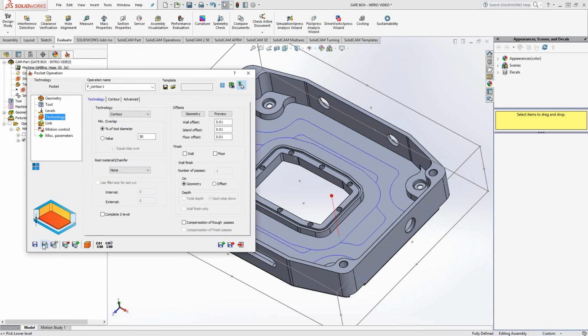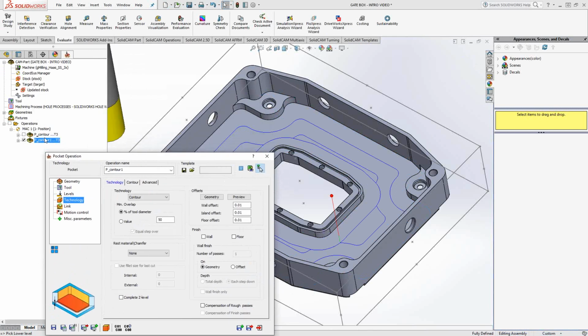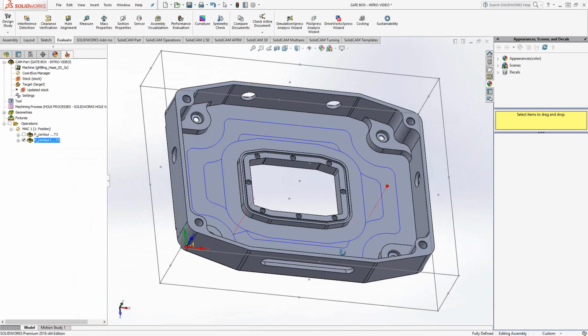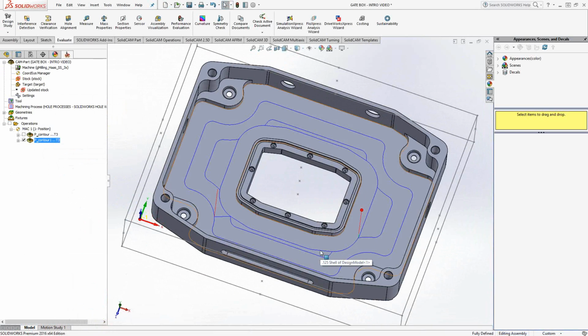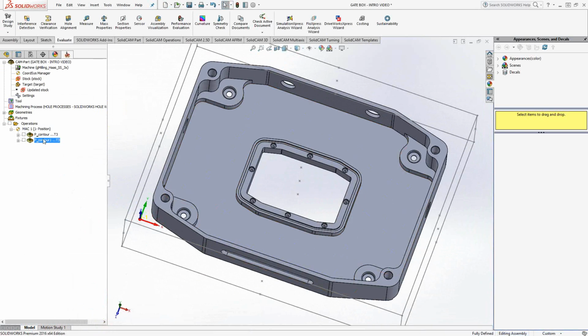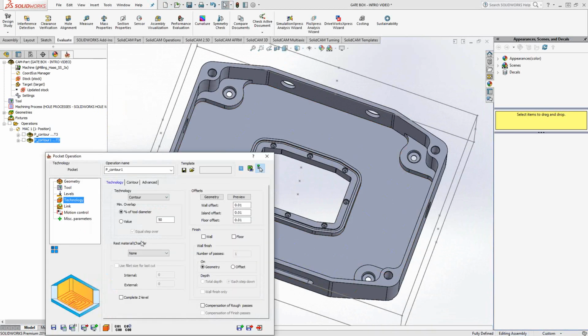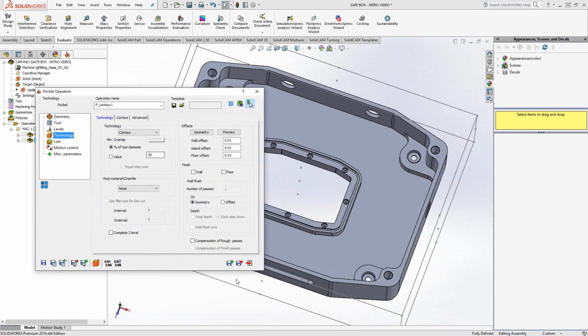So if we do a save and calculate on this, we're using the same tool, so there's minimal tool changes on the left side here, and all I did was change the geometry and the levels, and now I have a toolpath that machines that inside area. Okay, once again, I want to use the same tool, so I'm just going to go save and copy again,